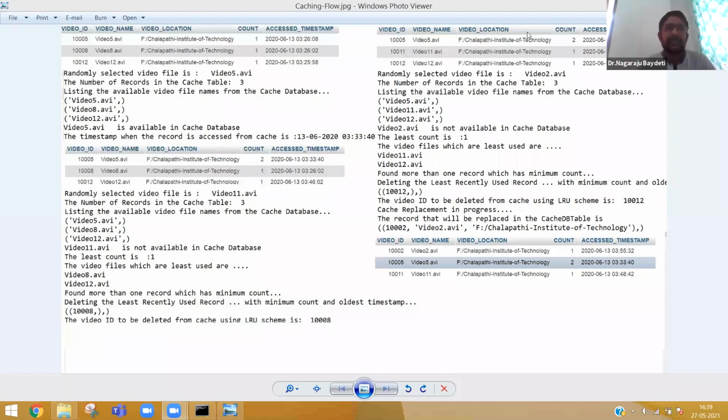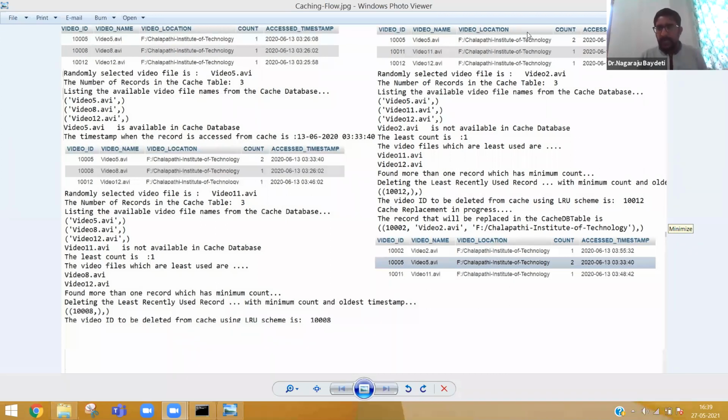Why am I telling this case study? To make you understand how we can bring together all the concepts that we have learned till now to make a simulation of something. Today I am going to take the simulation that is the caching implementation. I trust that this will give